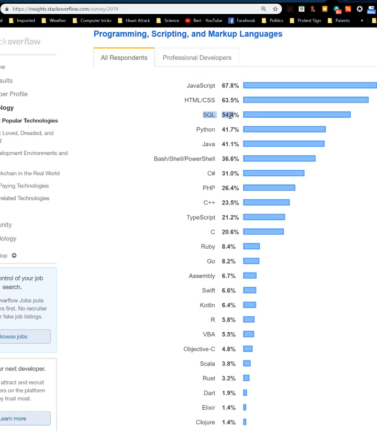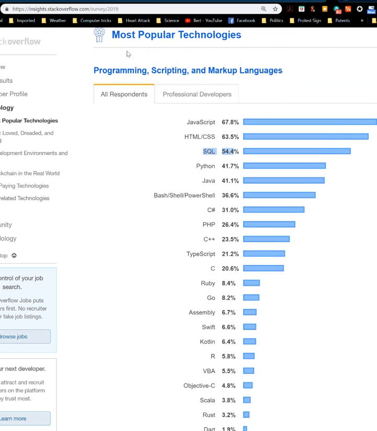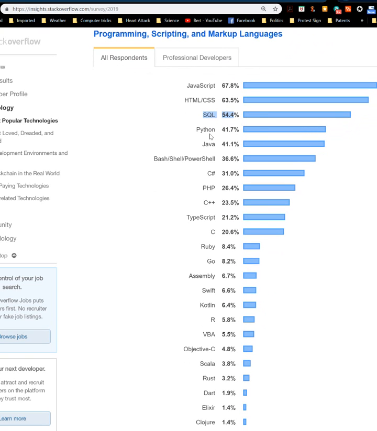And SQL, and you keep in mind these percentages are going to certainly total way more than 100. Any one person that knows databases, for example, is probably going to know MySQL, but they may know JavaScript and some other things. So that's where these percentages come from. It's just a matter of programming, most popular technologies. You can figure that most people will know more than one thing here.